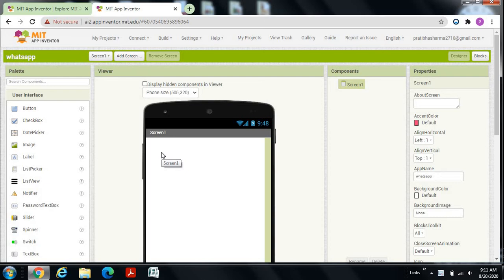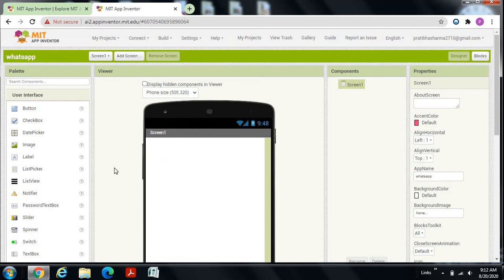When the user types something and clicks on the submit button, the text that you have typed will go to the next person's phone, and if you click on clear, all the text will get cleared. So I'm going to show you what you have to do.